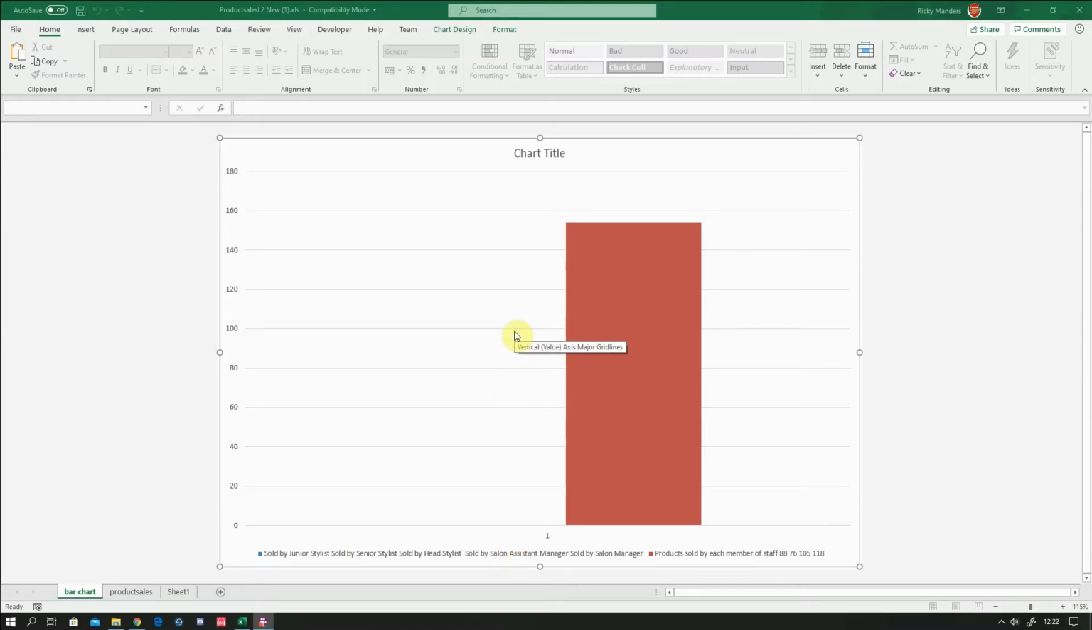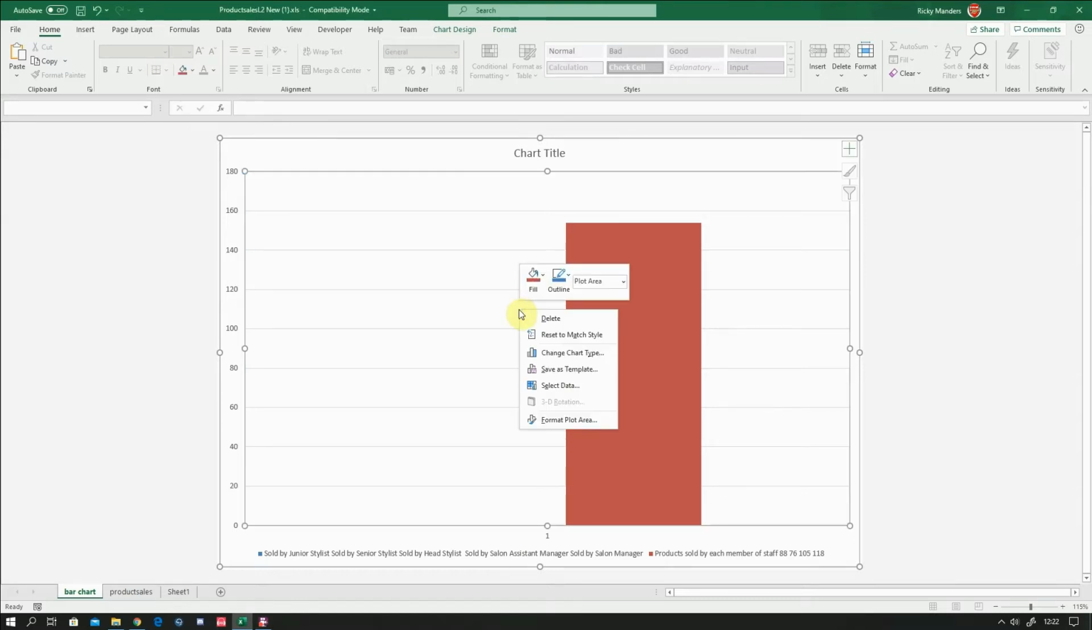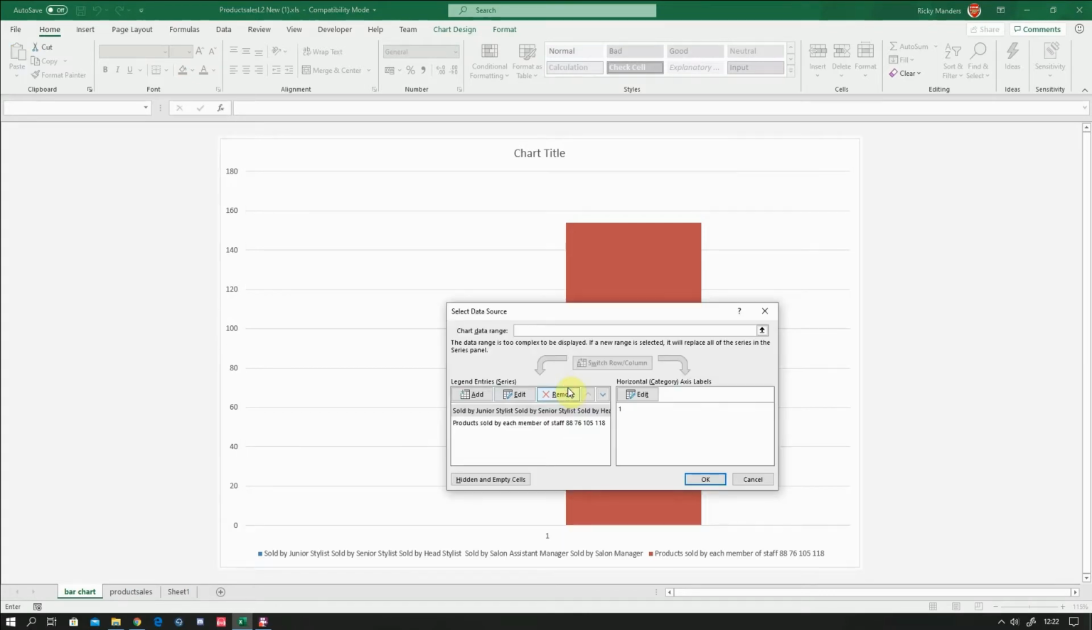What I would normally do, first thing I would do is look at the data that's been selected to make the chart. So to do that, we right click on the chart area and choose select data. Now this normally would say up here what data has been selected, but instead it's saying the data range is too complex to be displayed. If a new range is selected, it will replace all of the series in the series panel. And you can see these two keys, if you like, here, these series are in this box. So that gives me a clue that there's a problem with the selection of the data that's making up the